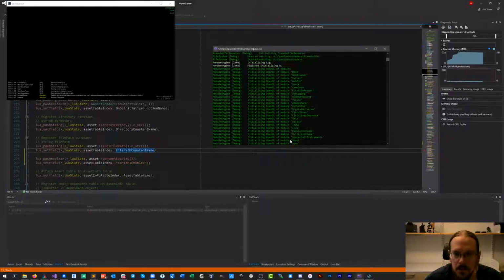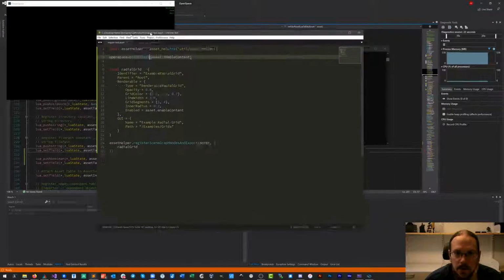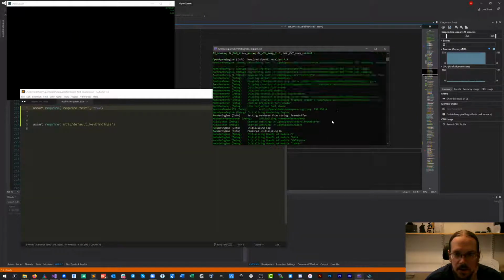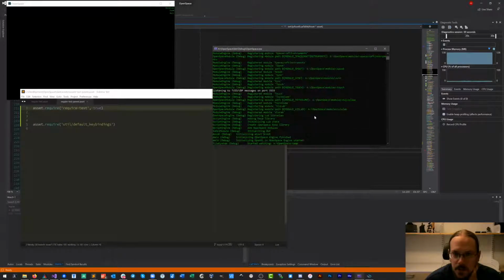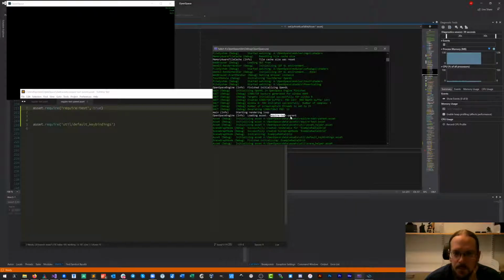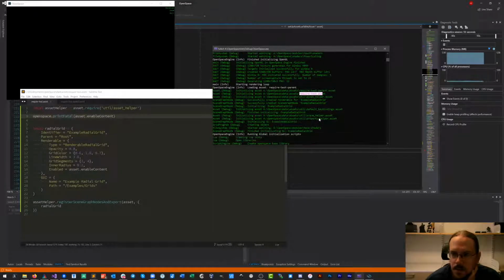And let's see. That is interesting. So we have our required test here. Let's just verify that we're actually calling all of this as well. Initializing the modules. Where is it? There. Okay, so we're loading the asset required test parent, which is this one. And then we're initializing this asset. So why are we not printing anything? That is curious.